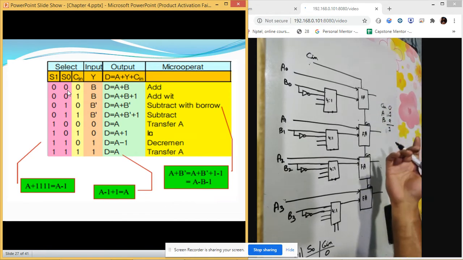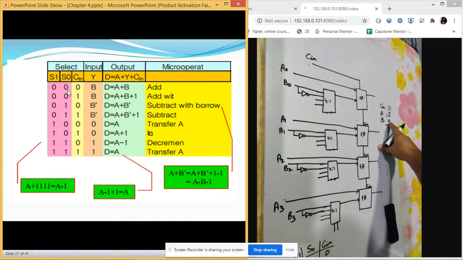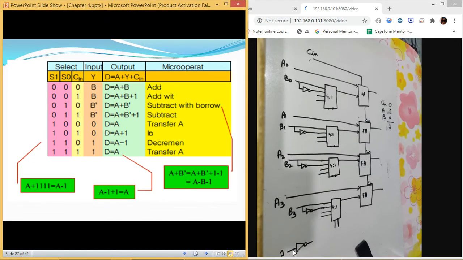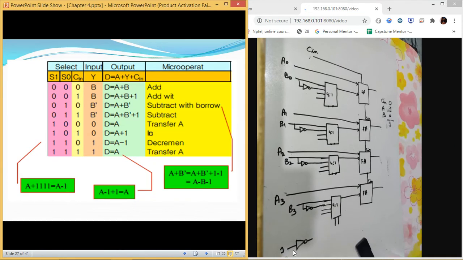So what values do we require for that? The B value should be 0. That is the must condition for us. So how to make it 0? Simply put up a NOT gate at this place. Assume that this is 1, then this is 0. So simply connect this 0 with all the inputs at this place.